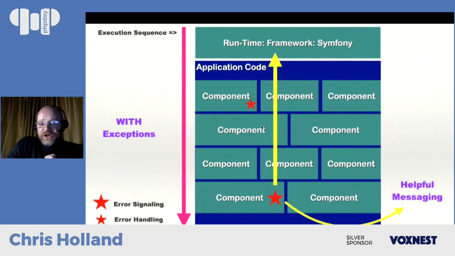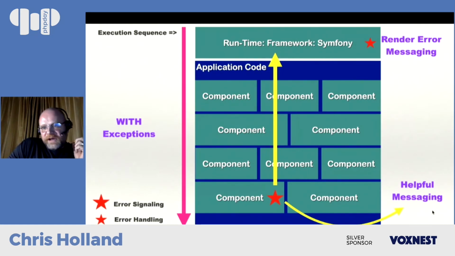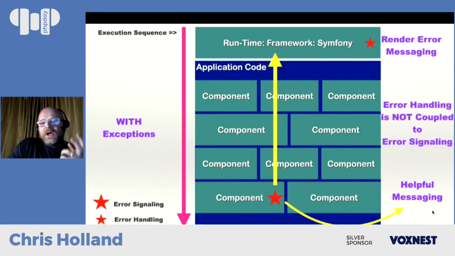Or you might not catch it at all, and you might configure your framework to handle all exceptions and render any helpful error messaging that we may have encapsulated into the message. What's really cool about this is that now your error handling is no longer coupled to your error signaling.